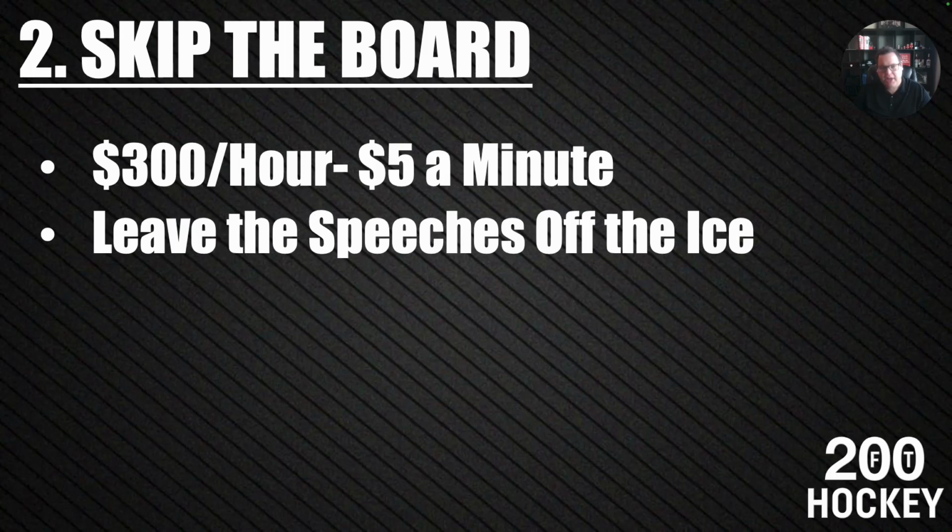practice. A great tool to do for this is have a parent or have someone in your family film one of your practices. Look to see how many minutes that you're spending within a 60-minute practice just standing around or not actively moving. So if the key is to try and keep your players moving as much as possible, film